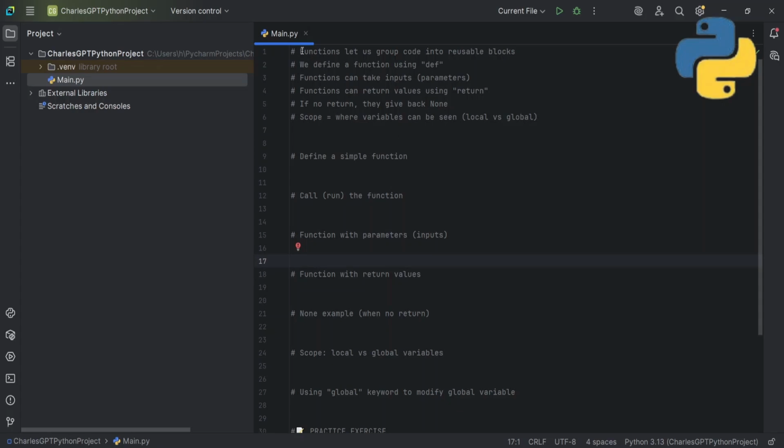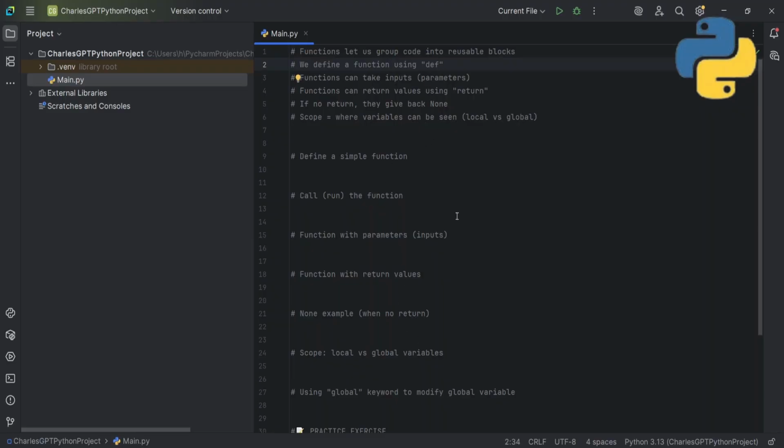At first, I explain what functions are. Functions let us group code into reusable blocks. We define a function using the def keyword, this def keyword right here. Definition is what I see it as, actually. So if you see the title of my video, it has def in it. I just wanted to give you an overview that we're working on functions in this tutorial. Functions can take inputs like parameters and pass them arguments. Don't feel confused right now, I'll still explain it briefly as we go down